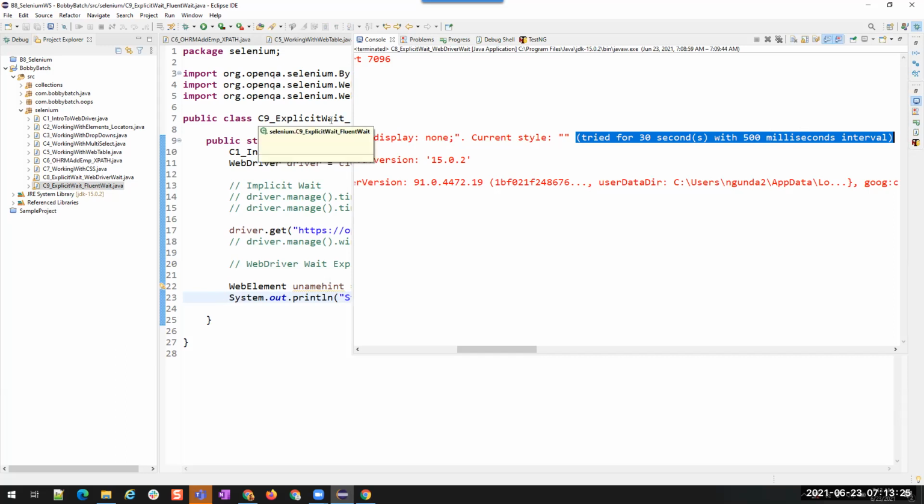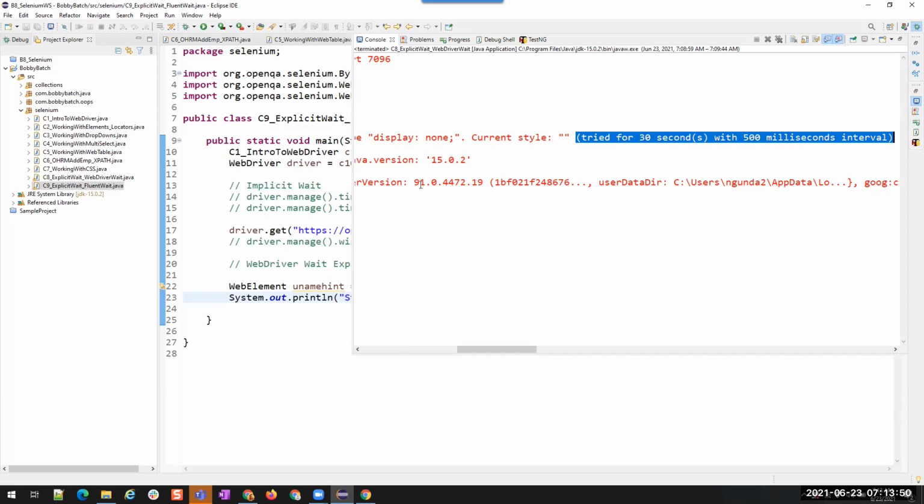No. We have to wait 20 seconds, right? We will not try every half second. We should try every 20 seconds. We can try for 5 minutes, but with an interval of 20 seconds. For every 20 seconds, we have to check. You understood my point?